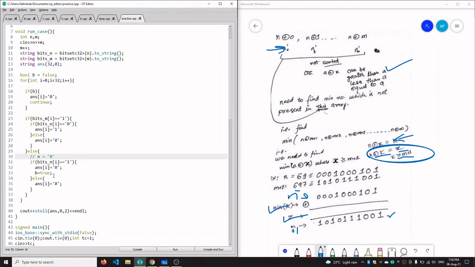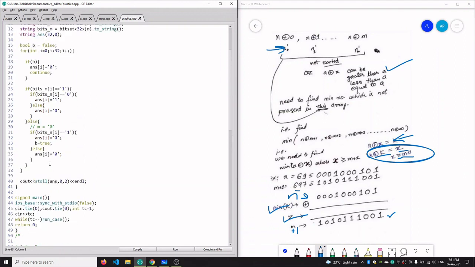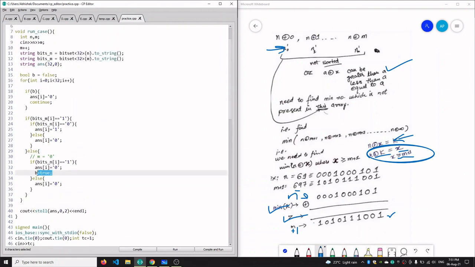So in this case, our answer bit would also be equal to 0, and if we already have 1 in the ith bit of n, that is this case here, where we have 1 in n and 0 in m, we are taking 0 in z, and our z would contain 1, and our z has now become greater than or equal to m plus 1, so we are setting b as true here.